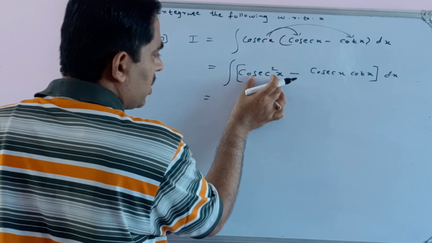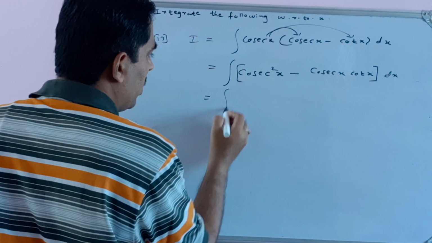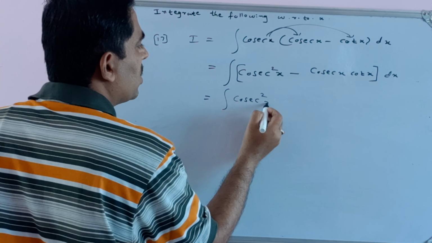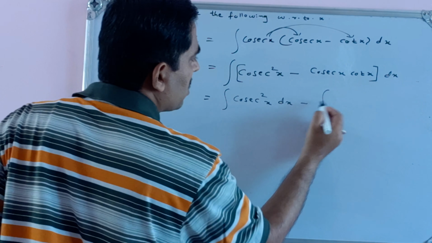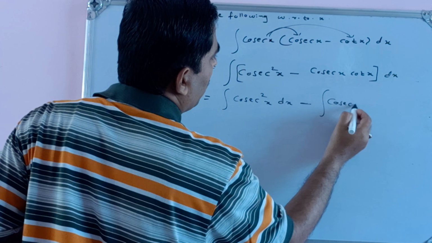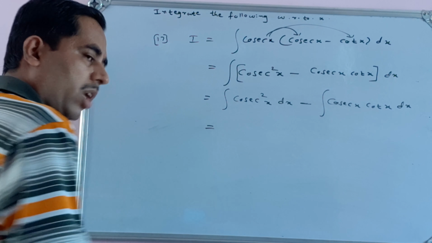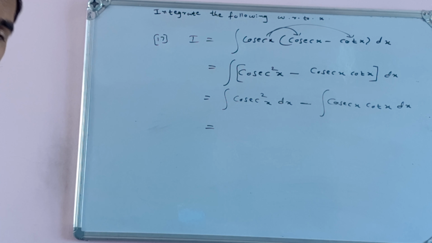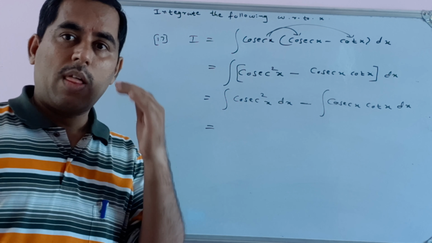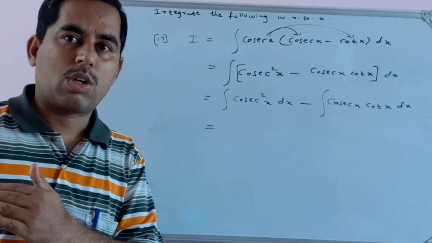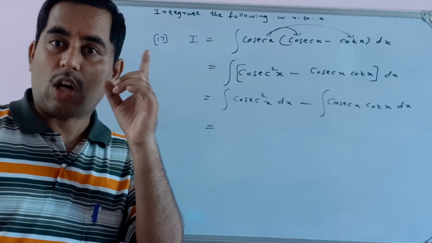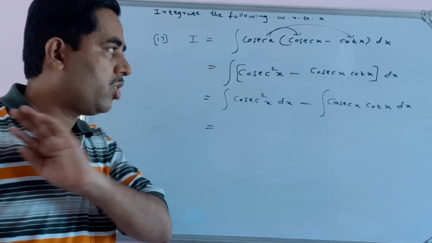Now we have two terms. See, this is the first term, this is the second term. So integrate both the terms separately. Integral of cosecant square x with respect to x minus integration of cosecant x into cot x with respect to x. Now you think of the formulas. See, in our previous class we have listed some of the standard results. You have to write down and practice all those results, otherwise you cannot do any problems. So we have highlighted this point once again.